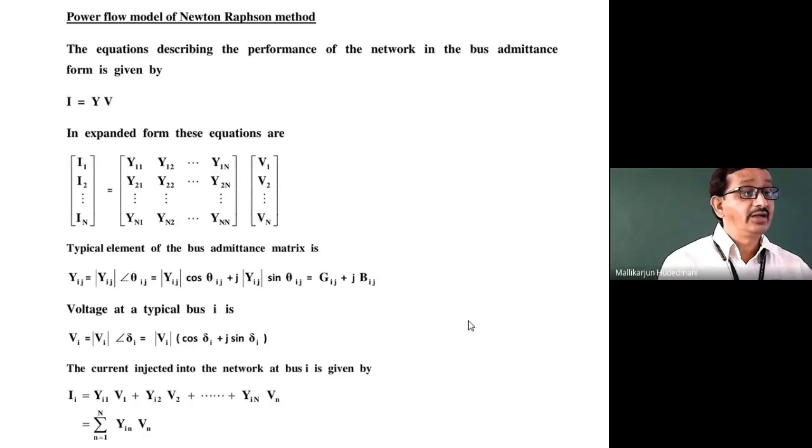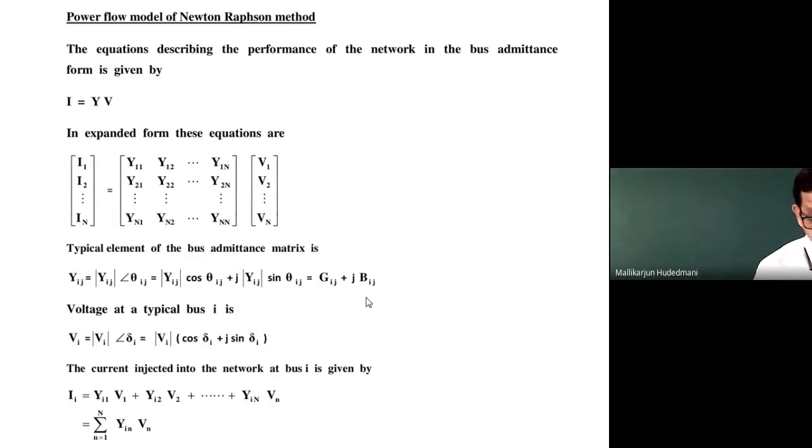We represent them either in polar or in rectangular. You can just see over here Yij. The double subscript ij refers to an admittance represented between the buses i and j, having magnitude, the modulus Yij, and an angle theta ij. What does it refer to? I can just mark the content which I am interacting with. This is